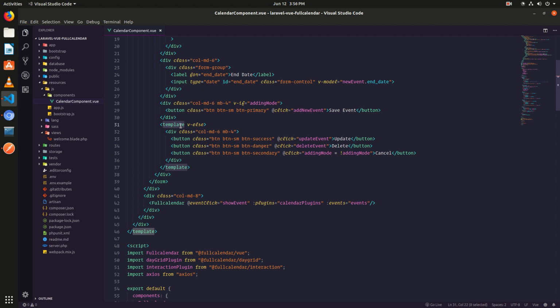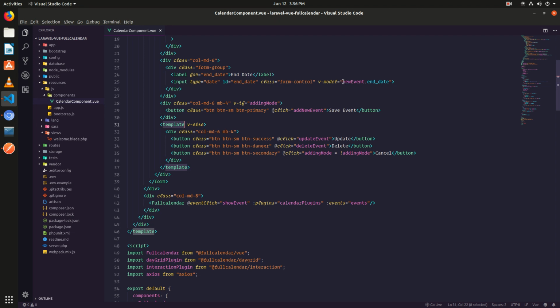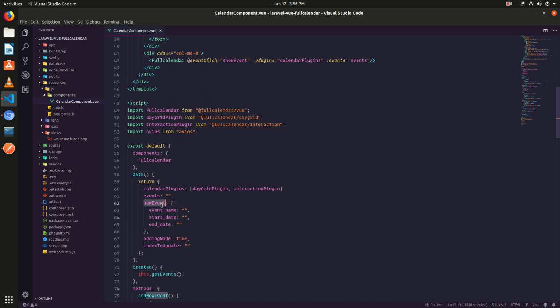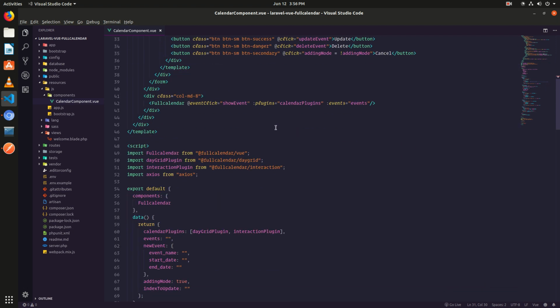That's why I've used this instead of div. All right, so going back, you won't be asking why I have this data right here once I click it, right? Since I've already explained that those inputs are binding to new event right here. What will interest you is that when we click each of the calendar events, I've added this event click